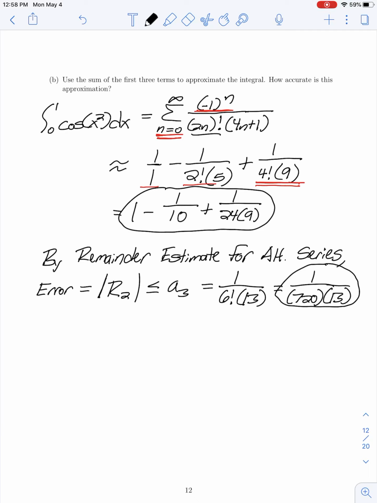So we'll keep moving forward with this in our next lecture, and see some other applications of Taylor and Maclaurin series and how we can use them to approximate the values of certain